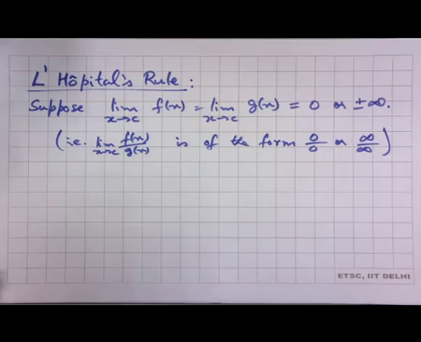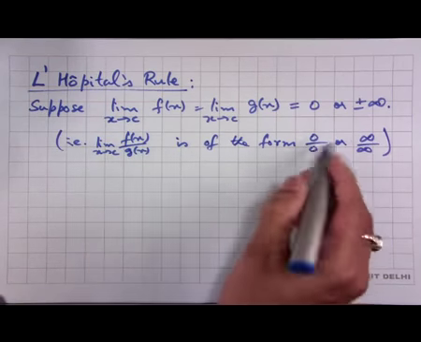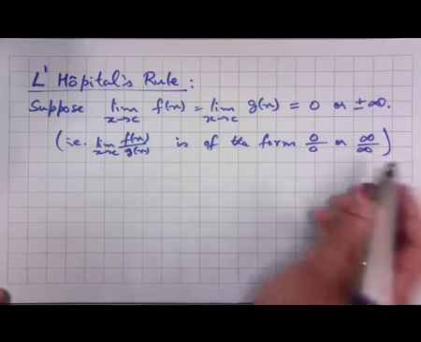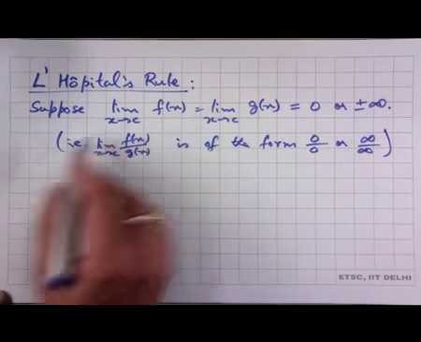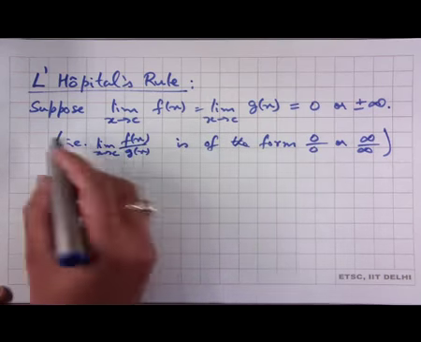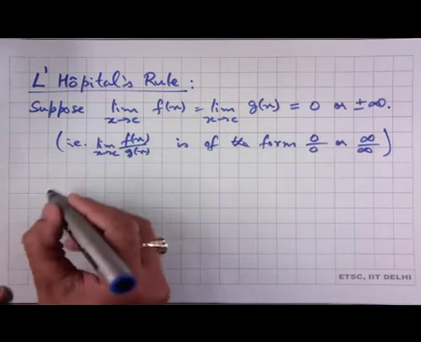So, if we have this limit in one of these indeterminate forms 0 by 0 or plus minus infinity by infinity, then we apply this L'Hopital rule,